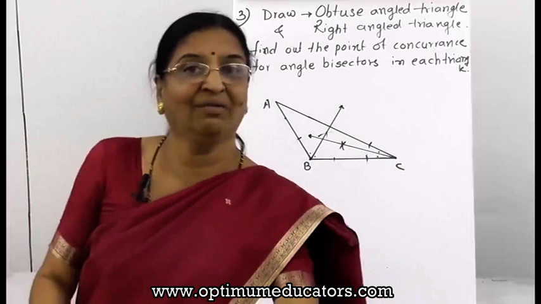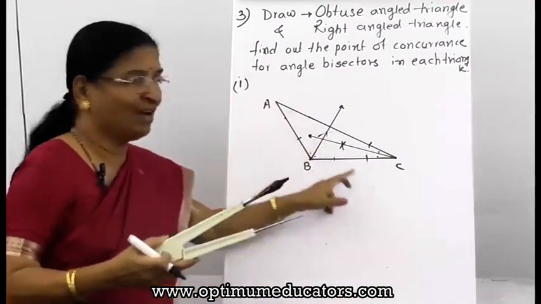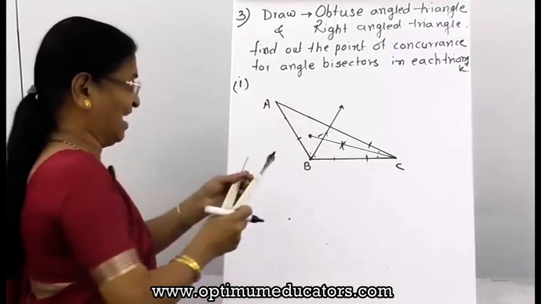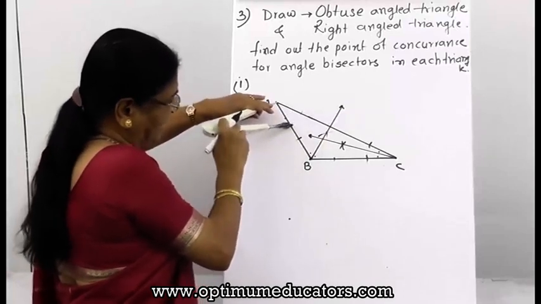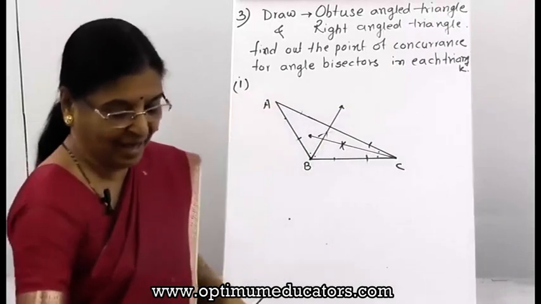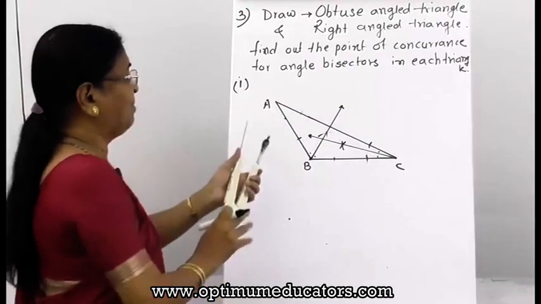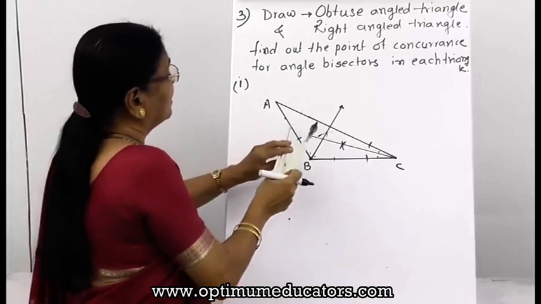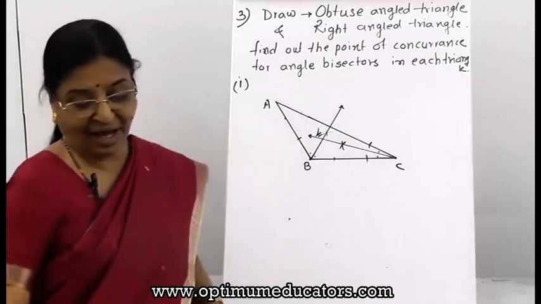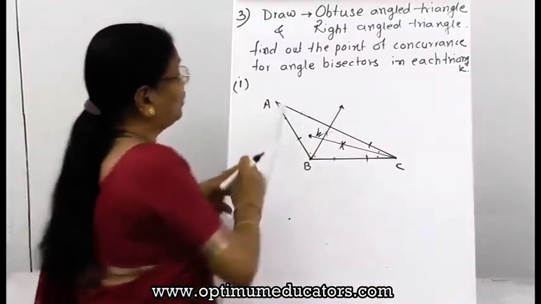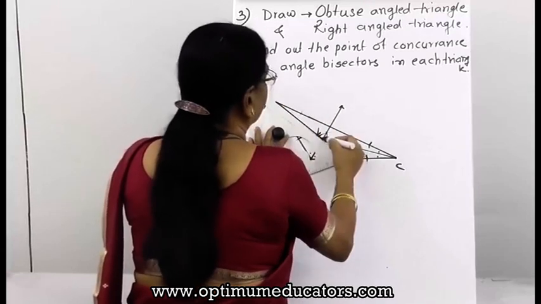And where will be the third one? By our knowledge, it should pass through this point only. So I can draw like that also, but check whether they are concurrent or not. See here, the 2 markings are there. And then, of course, put the same marking here, from here. See now, you will get jumbled by these arcs, so finish one by one only, and then you will come to know this is the angle bisector.